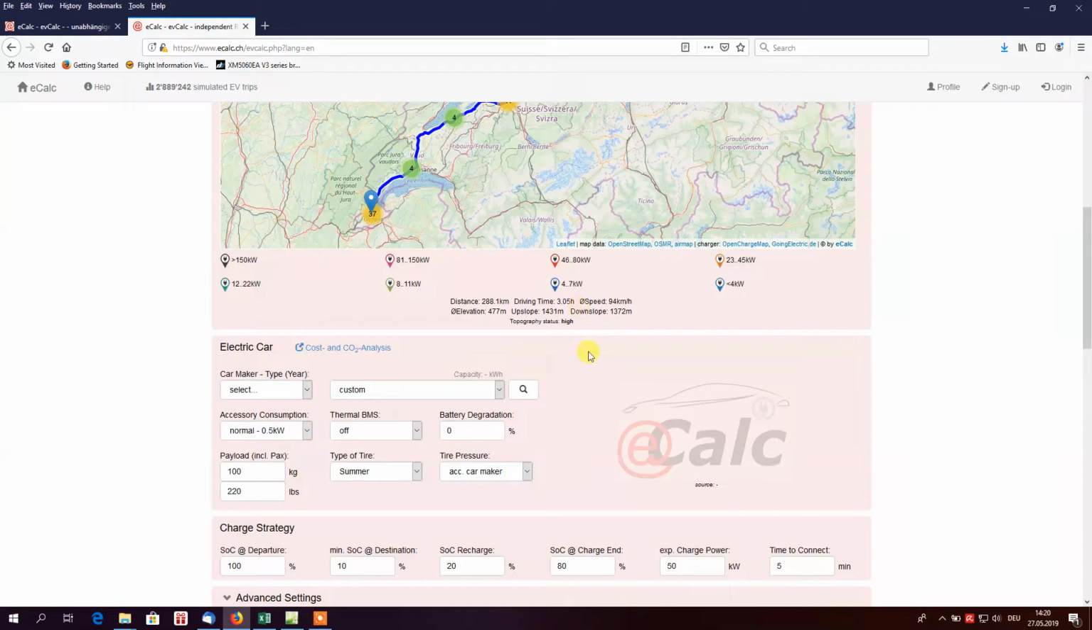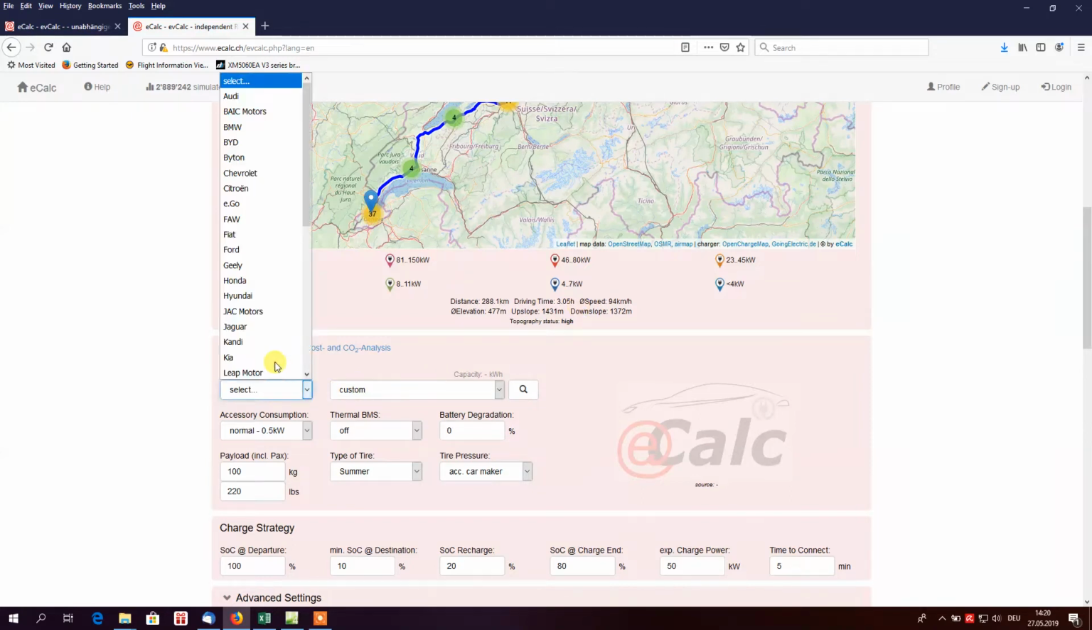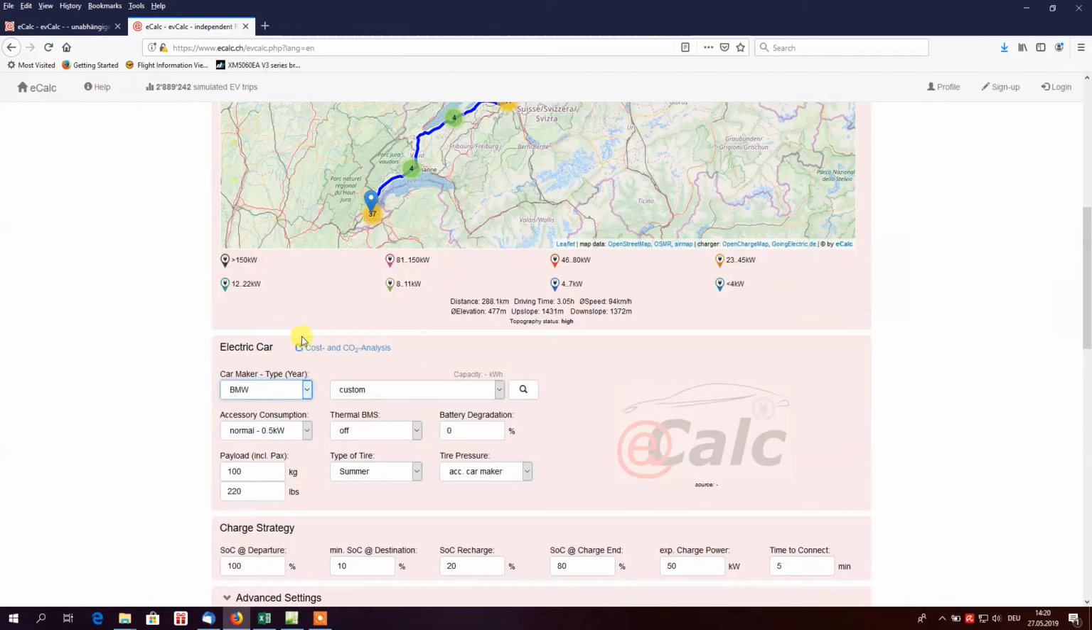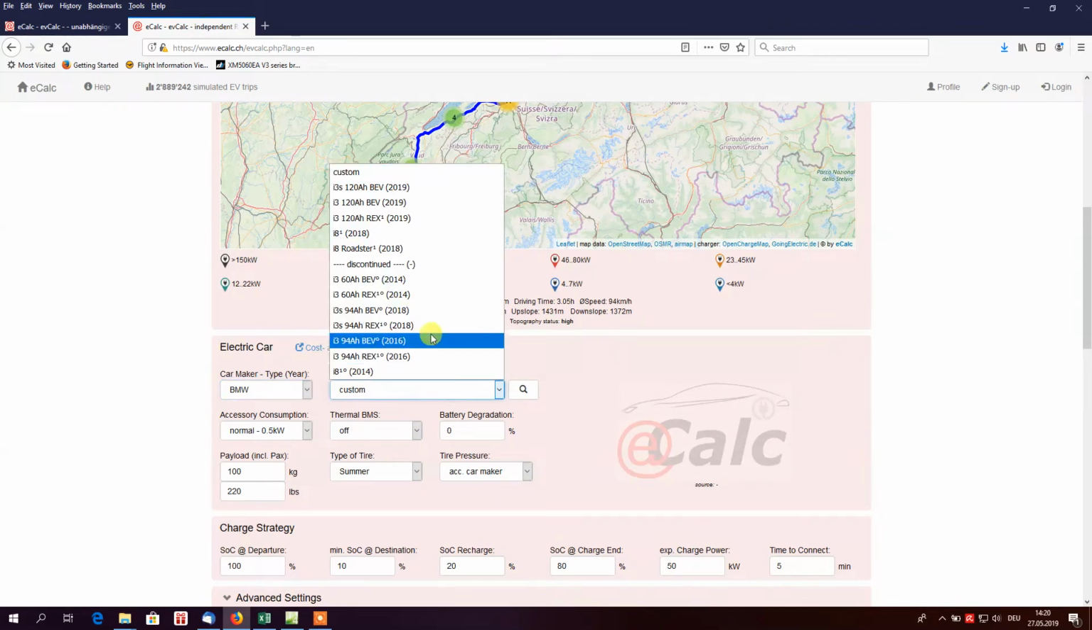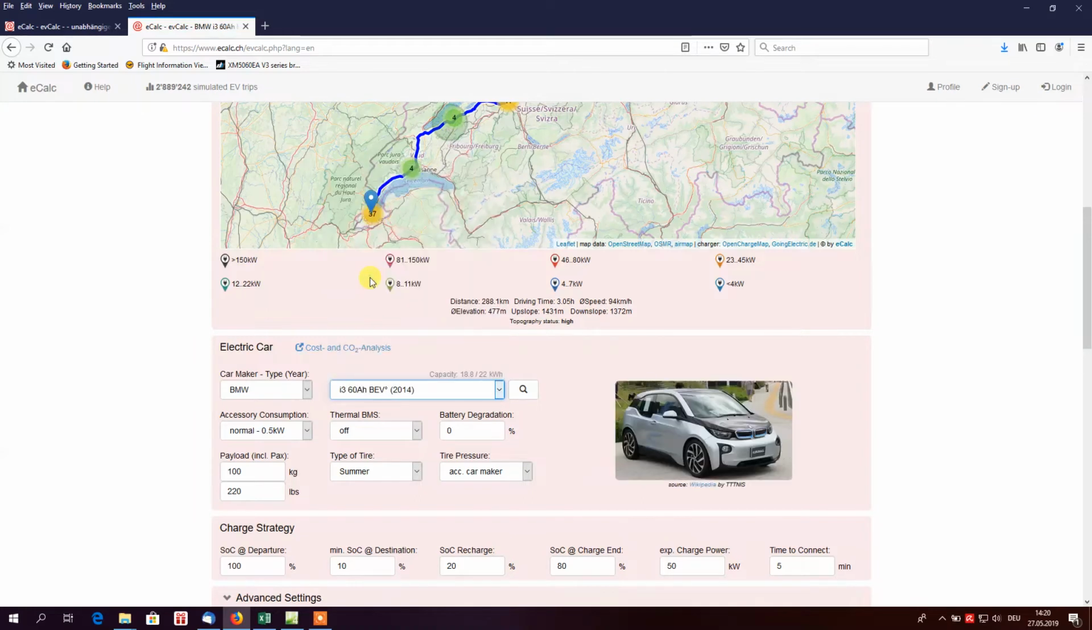Next step is we choose our car. So I choose a car with low range by accident to show you some more features, like the BMW i3. A picture comes up with the car and you can enter some additional